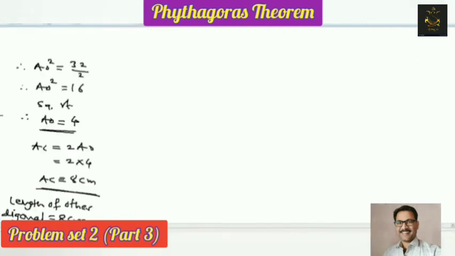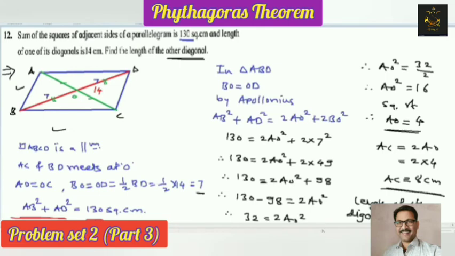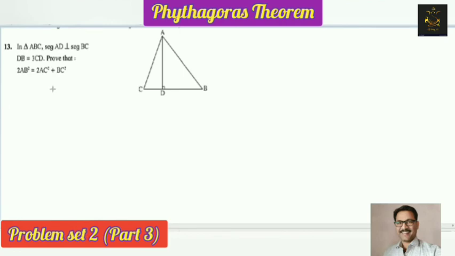Like this we can simplify all these. Okay, just try to observe here how we can solve the sum here. Okay friends, in the 13th sum, observe here, in this triangle ABC, this AD is perpendicular to BC. Here this DB, which is thrice of CD, is given to us. Okay, see here, this DB is thrice of CD is given to us. From this information, we have to prove this one. That is important part. Look here, twice of AB square is equal to twice of AC square plus BC square.